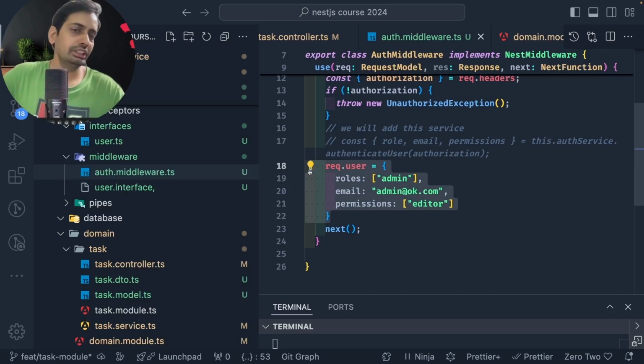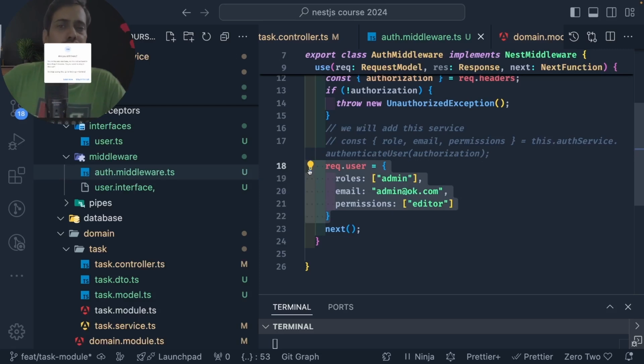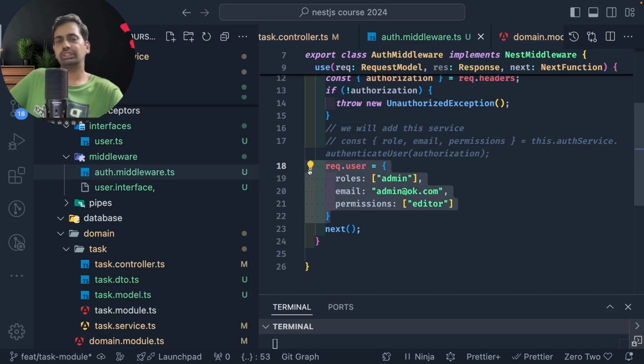I think these are important concepts, the building blocks: guard, middleware, validation pipes, interceptors, filters and all. In the next video, I think we will take a look at Swagger, how we can expose the APIs. Currently we are using Postman or some REST client. That is not needed, we will expose the API with Swagger and you can do all these kinds of testing from the Swagger UI, which is hosted through the Nest.js APIs only.